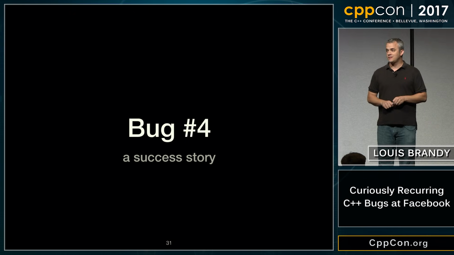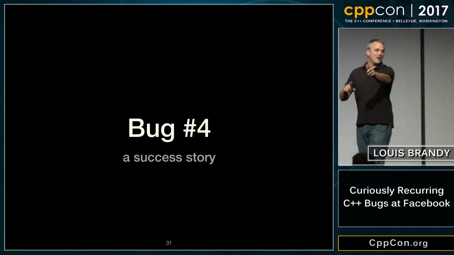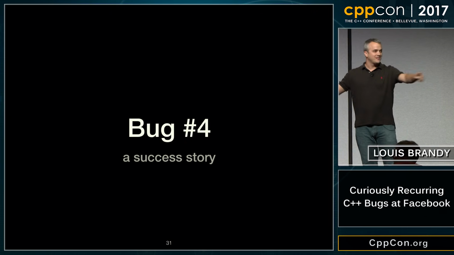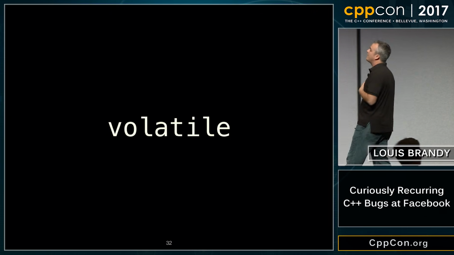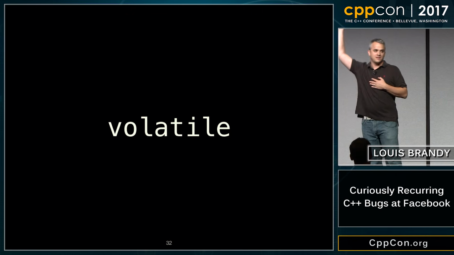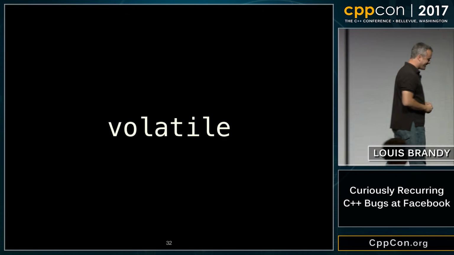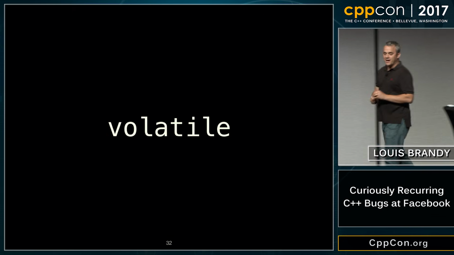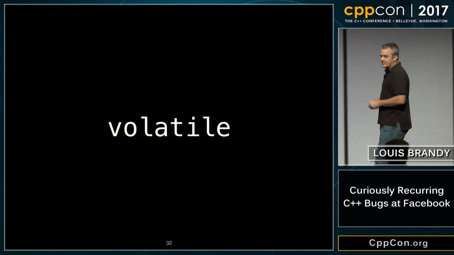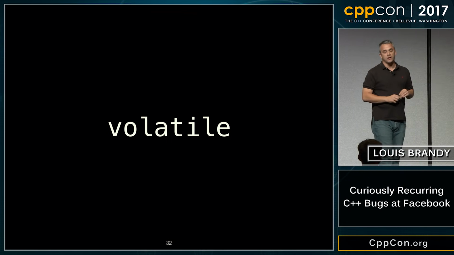Who knows it? Auto. Oh no. What else? Go-to. Oh, that's a good one, but no, not go-to. What else? Volatile. Volatile. Oh. Who knows what volatile does? That's an honesty check. Oh, look at all these liars. Okay, I'm just kidding. Yeah, volatile's a really scary one. Lots of people think they know what it does, at least historically, and use it really, really wrong.